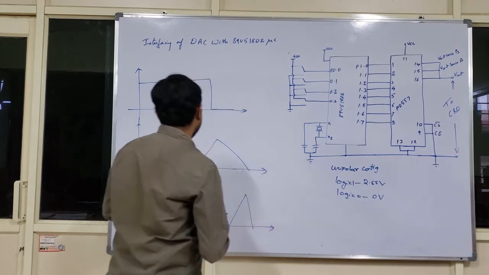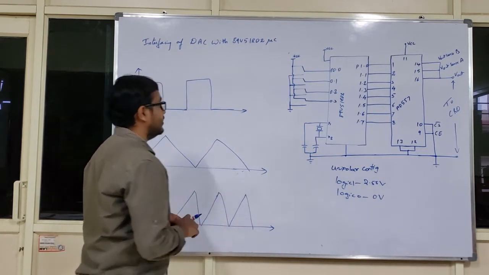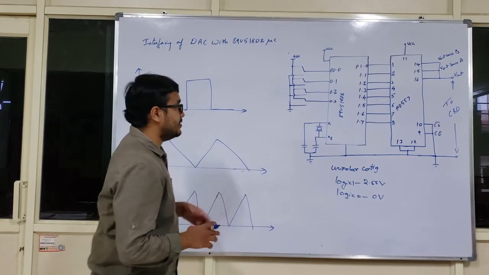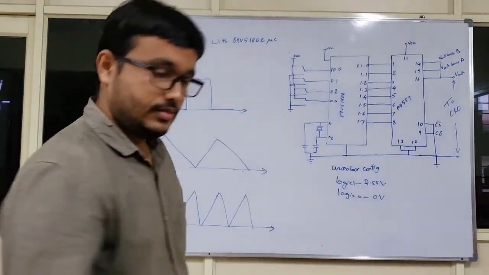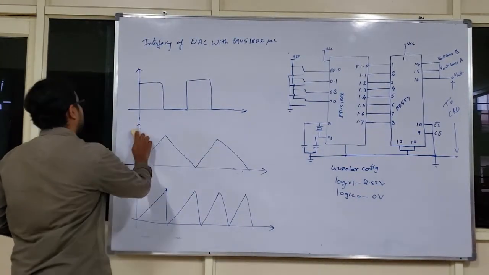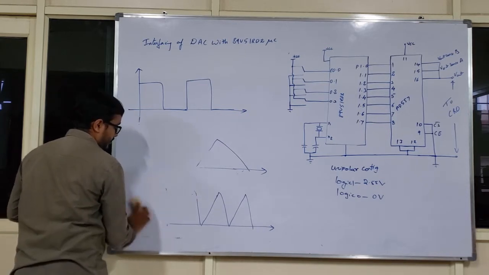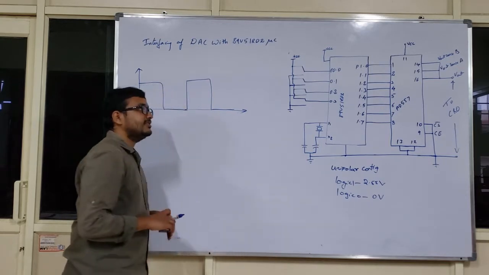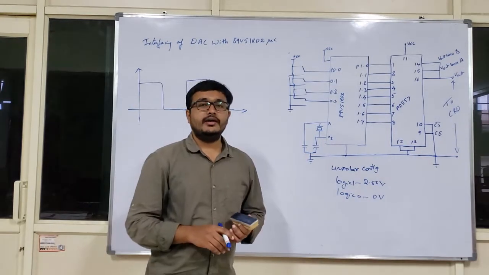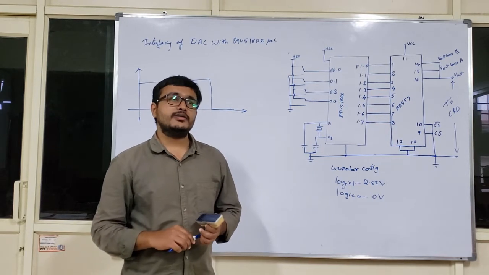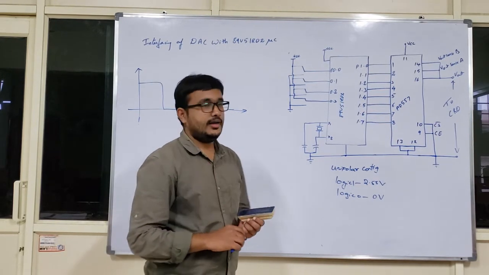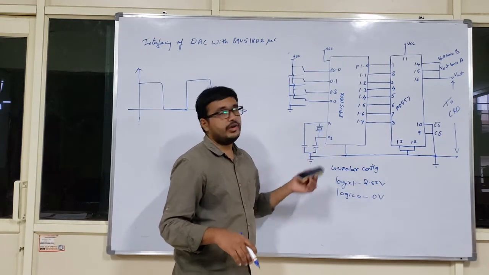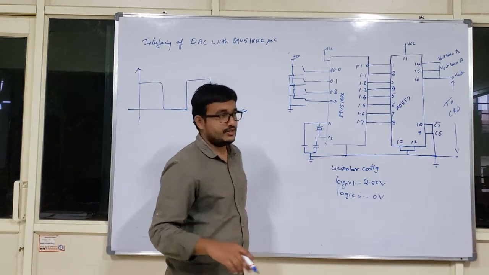Staircase also I can update. Let us discuss how to develop the programming now. As we have studied in our digital electronics, the very familiar digital to analog converters are binary weighted resistor and R2R ladder. By using this 8051, how can I achieve analog waveforms? This is the concept for today's discussion, right?